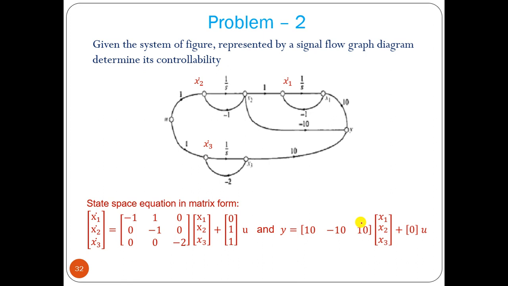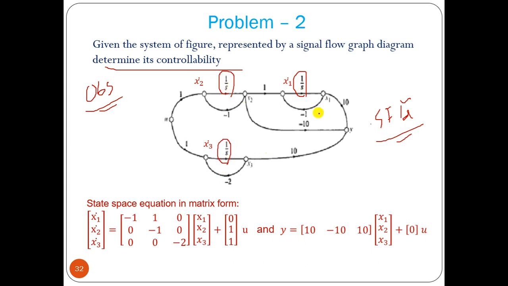Now they may ask you that way, a signal flow graph is given, and from that you have to find out whether the system is controllable or observable. Let us say you have to determine the controllability only. We can solve it for observability also. Now here we can see we have three 1 by s terms. So we have three variables x1 x2 x3, before the integrator, after the integrator variable, before the integrator, that is the